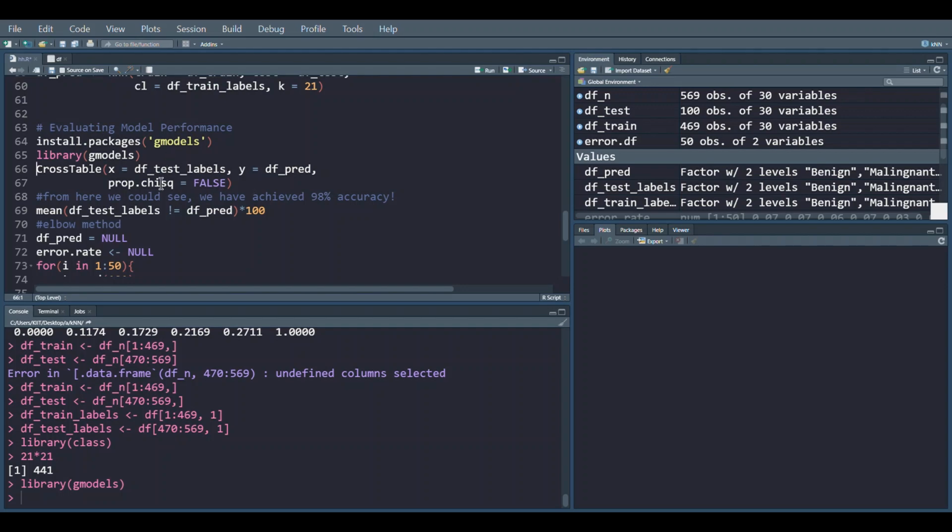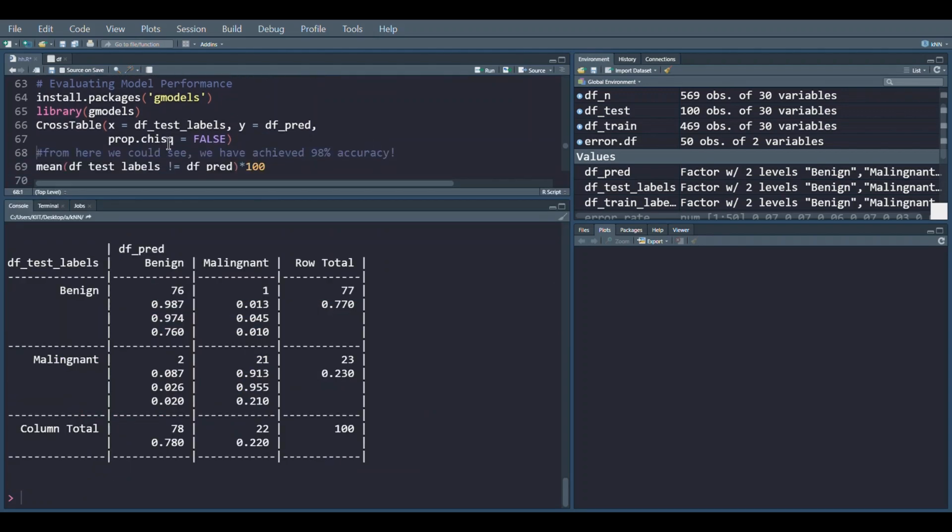After that we would make a cross table, and here I specifically mentioned the prop.chisq equals FALSE. We don't need the extra information which is available in a chi-square. That's why I have written FALSE here. Otherwise, if you want to explore it more, you can do it. So here x equals df test labels and y equals df prediction.